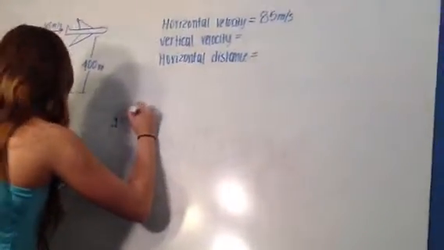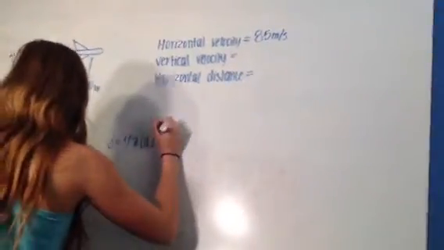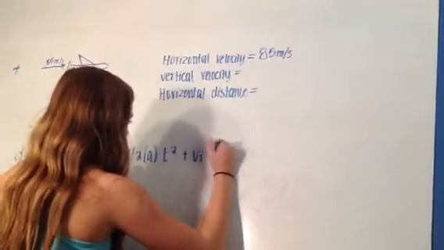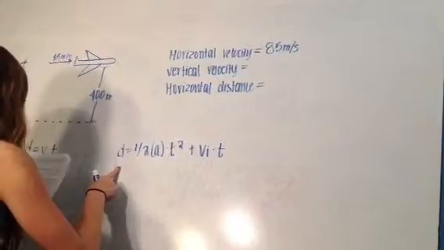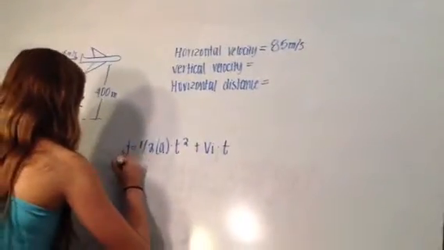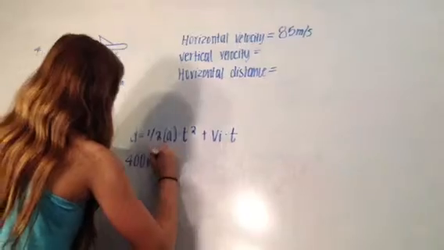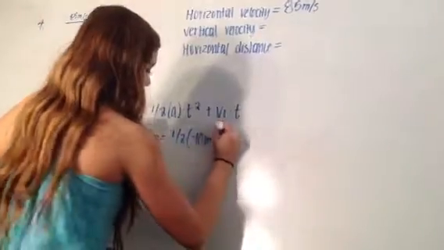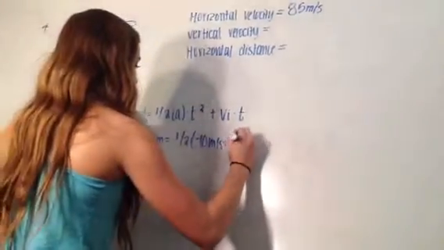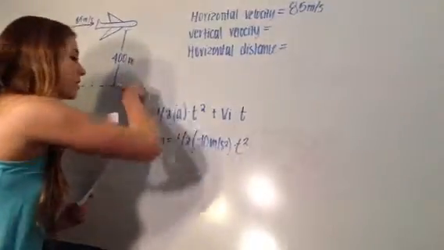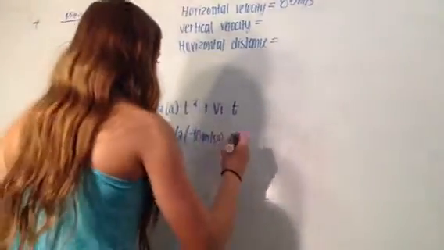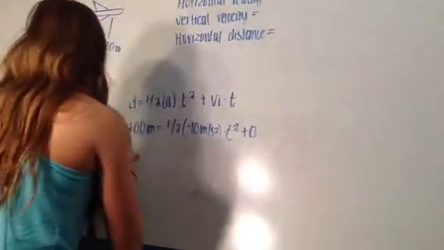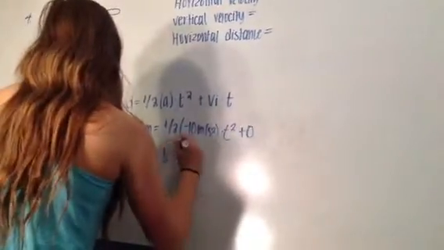distance equals 1/2 acceleration times time squared plus velocity initial times time. So it gives you the distance of 400 meters vertically, so you can plug that in, equals 1/2 the acceleration, which is -10 meters per second squared, and times t squared, which is what you're solving for. And since the bowling ball was dropped out of the plane, there's no initial vertical velocity, so plus 0. And you're solving for t. You have all your other knowns, so then you can get, when you calculate it out, t as